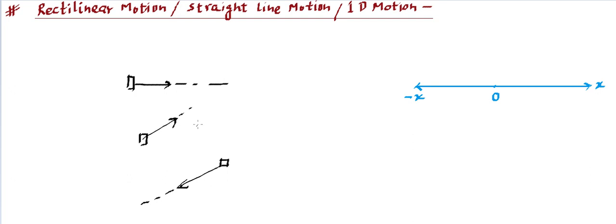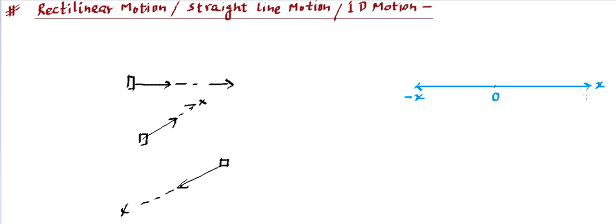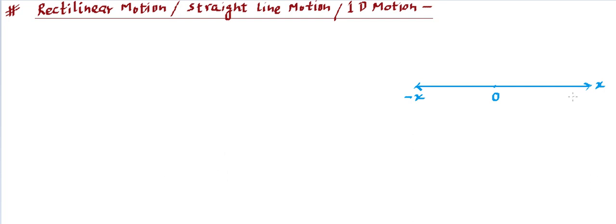So to make that simple, we can consider any line to be your x line. You can say this is your x-axis, you can choose any axis as an x-axis, right? Combining these two properties together, we can say this one-dimensional motion is basically x-dimensional motion. In whatever direction it is moving, we will consider that direction to be the x direction. By considering this, it becomes easy for us to solve the questions or make the equations. Why? Because there is one dimension, and that dimension can always be considered as x.